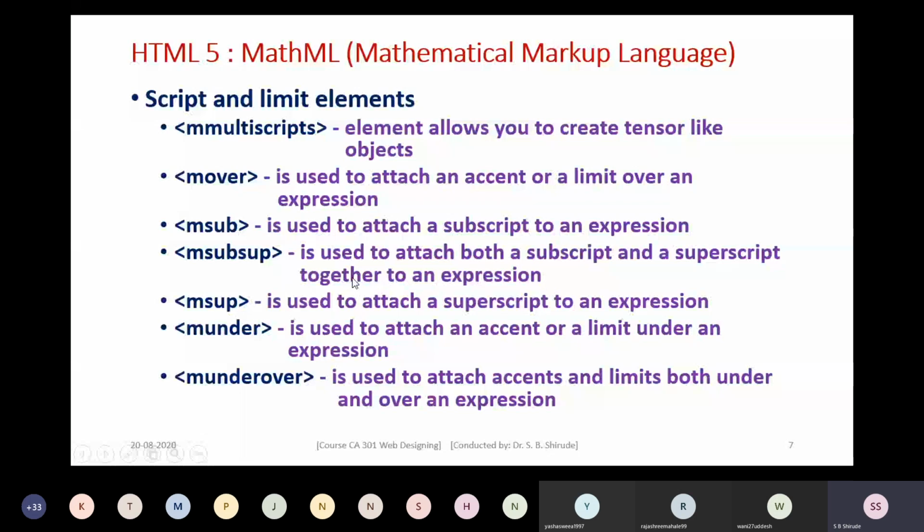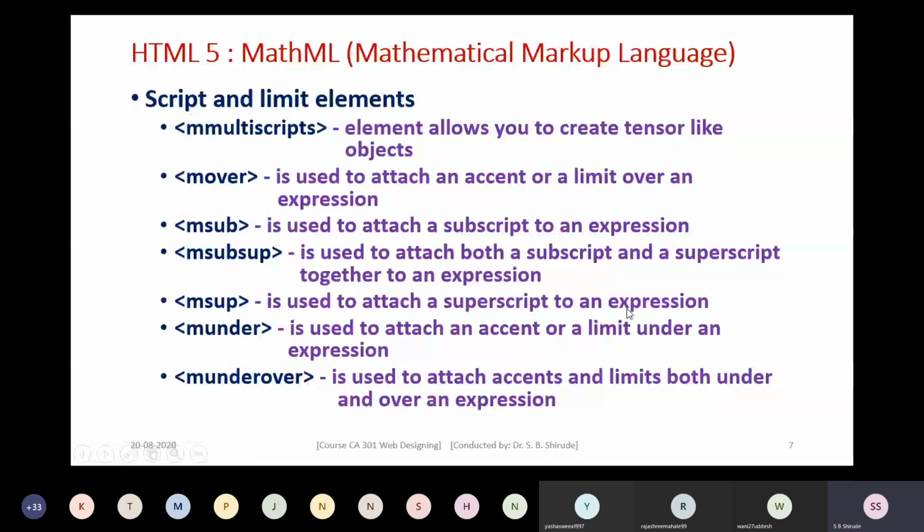Sub is for subscript, and sup is for superscript. Then msup is used to attach a superscript to an expression. When you want to attach a superscript like x squared, you can use msup.